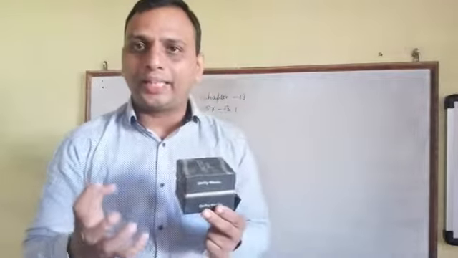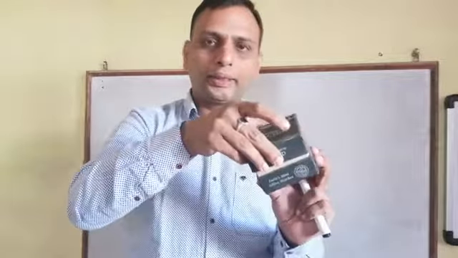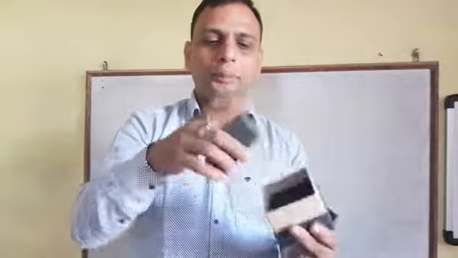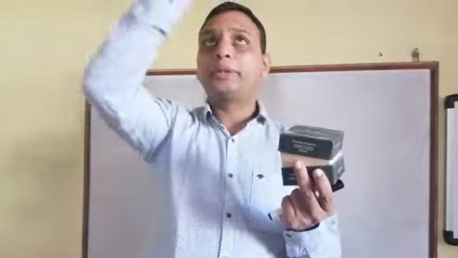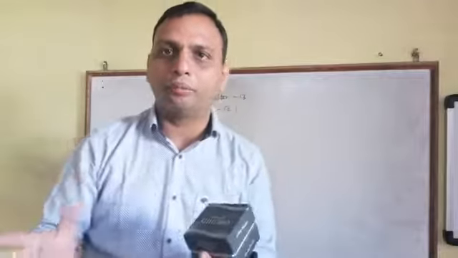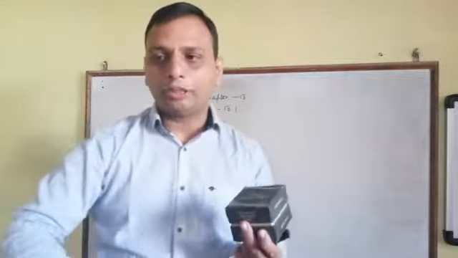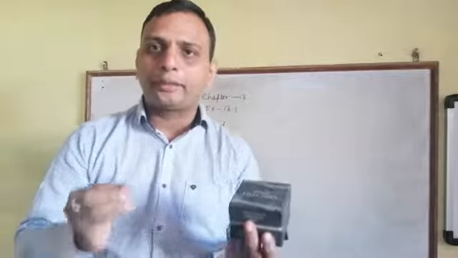A cuboid is actually a combination of rectangles. You can see this part is a rectangle, and this part is also just like a rectangle. The ceiling part is in the shape of a rectangle because it has a length and breadth, and the floor part is also in the shape of a rectangle. It also has a length and breadth, and along with that we have the four walls. These four walls, the ceiling and the floor make the cuboid. So a cuboid is a figure which consists of four lengths, four widths, four heights.